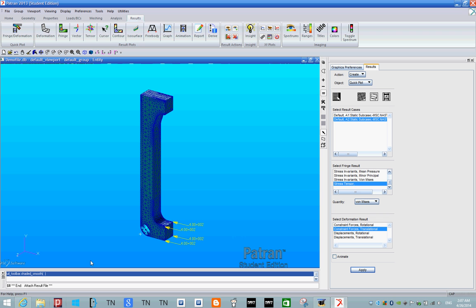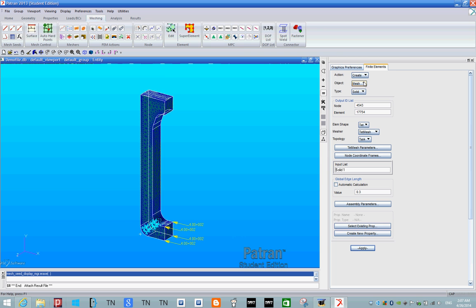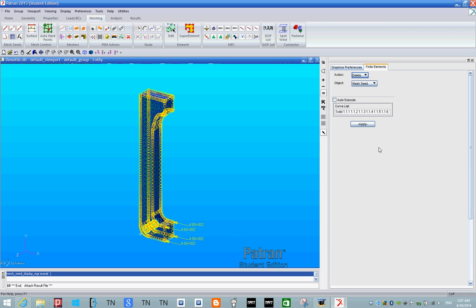But that's trivial. So what I'm going to do is go to meshing, and before I make any changes to my geometry, before you make any changes to your geometry, make sure to always remove the mesh. You can keep your mesh seeds, because as soon as you make any changes, those just get deleted automatically. But for your meshes,